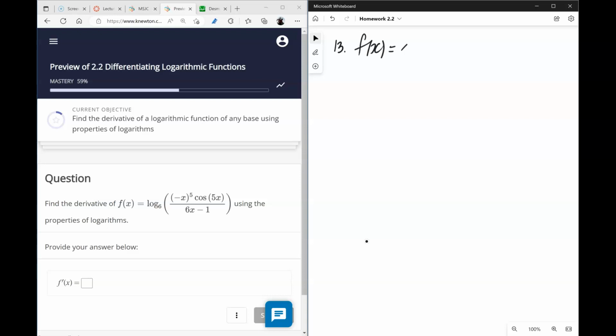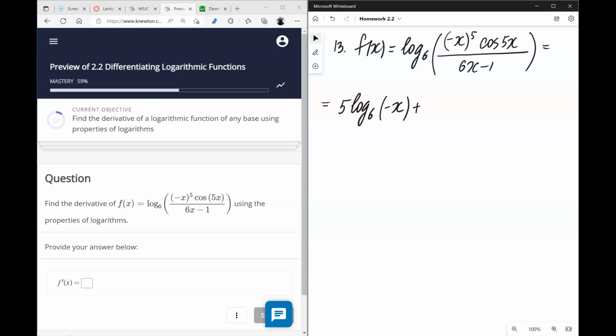We have another similar problem. First, we're going to simplify it. And we have 5 log base 6 of negative x plus log base 6 of cosine of 5x minus log base 6 of 6x minus 1. To find the derivative,